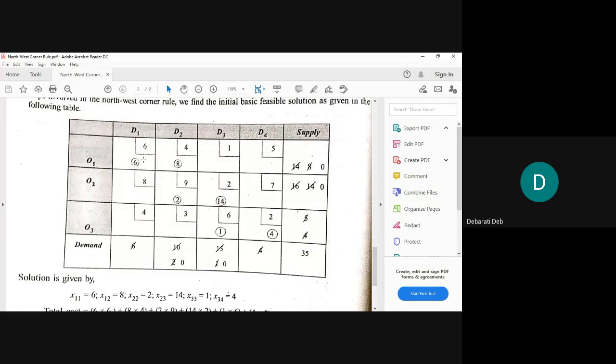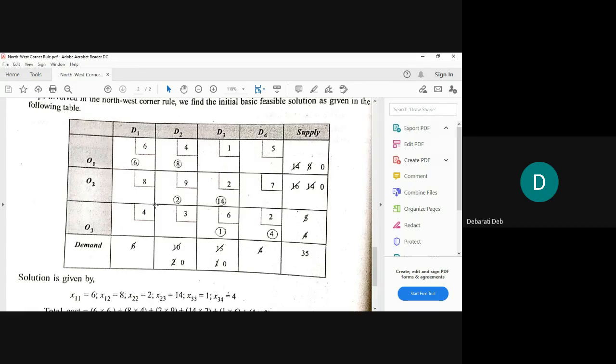Now when we are assigning 6, then we have to do the striking off part. From these two totals, we will have to deduct 6. That means the assignment that we have made, we have to deduct. So if we deduct 6 from the column total, we will get nothing, because 6 minus 6 will be 0. So we'll just strike off and write a 0 here. In the first column total, you strike off 6 and write a 0.